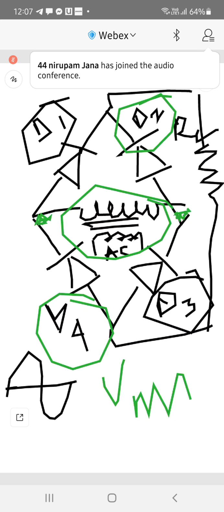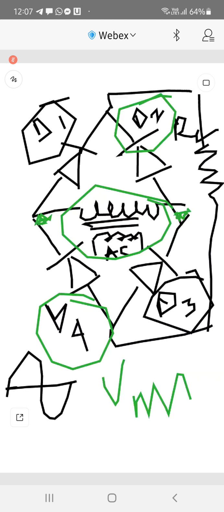Clear, students? So in case of your bridge rectifier also, the peak inverse voltage is just Vm. In case of your center tap full wave rectifier, it is 2 Vm. In case of half wave rectifier, it is Vm. In case of the bridge rectifier, it is also Vm. So that is the discussion about peak inverse voltage. And this is one advantage of your bridge rectifier compared to the center tap full wave rectifier.